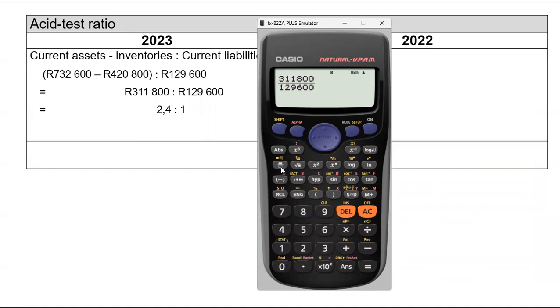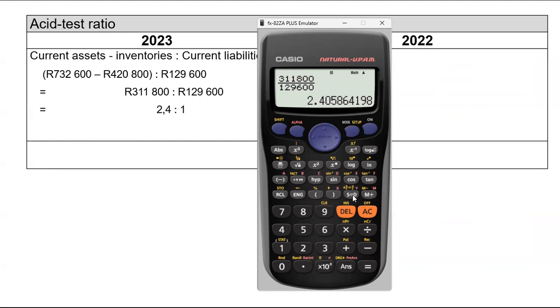311,800. You'll still divide it by 129,600, and that will give you, as a decimal, 2.41 in 2 decimal places, or simply 2.4 in 1 decimal place. This is good though. It's still good because it means that even if you don't have your inventories, you'll still settle your liabilities. However, when you consider that the current ratio was 5.7 is to 1,